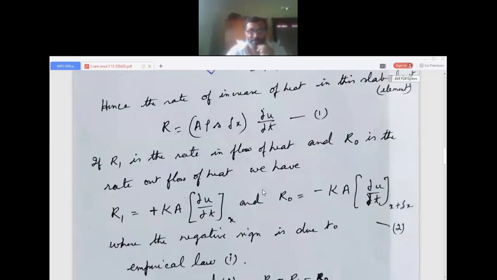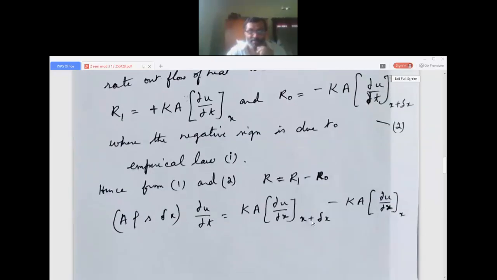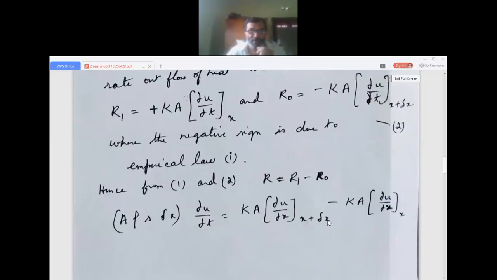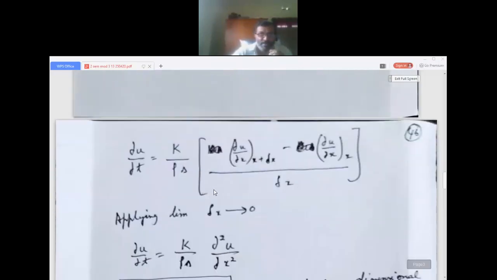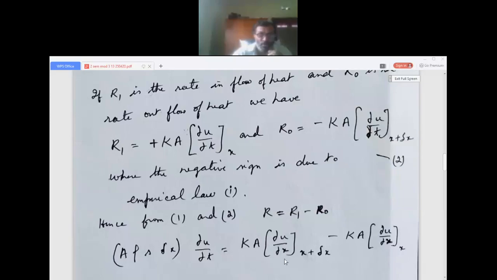So here you can see Ka into dou u by dou x at the point x plus delta x minus Ka into dou u by dou x at the point x. So R1 minus R0. Okay. So what you get here? Next step is, actually it should be R0 minus R1. So this is negative when it's entering. So Ka into dou u by dou x plus delta x minus Ka into dou u by dou x at